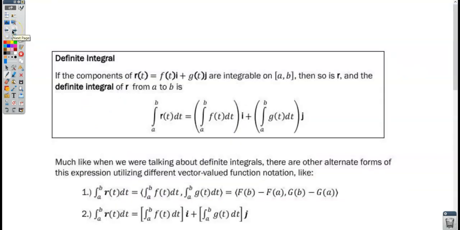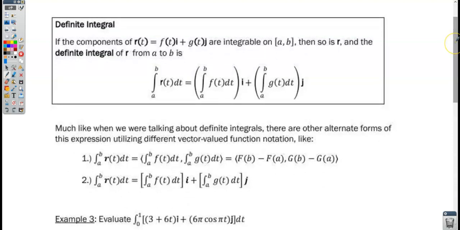Now we're going to look at the definite integral, and actually I think the definite integral of vector valued functions is even easier than the indefinite integral of vector valued functions. In essence, all we need to do is take the definite integral of each individual component. I've written it in standard unit vector form here, but the same thing applies. We take the integral from a to b of f of t dt, which we get by taking the antiderivative and evaluating it at the limits of integration,